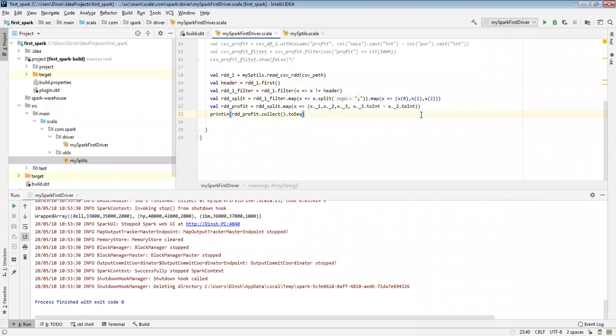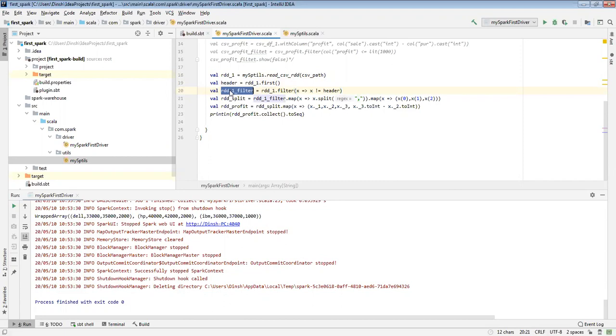Yeah, okay. So in step number two, I want to pick my header. To pick the first row, I need to use rdd.first. first is one of the actions, which tries to get the first row. Okay, so I got the first row. Then I need to filter the first row from my data set. For that, I used rdd filter with the condition row not equal to header, meaning that other than the header, all other rows will be stored into this particular variable.